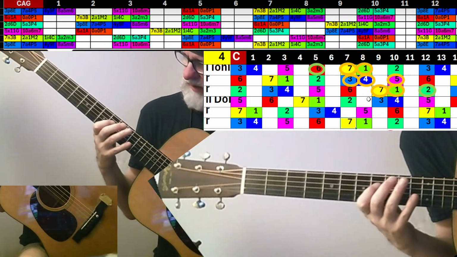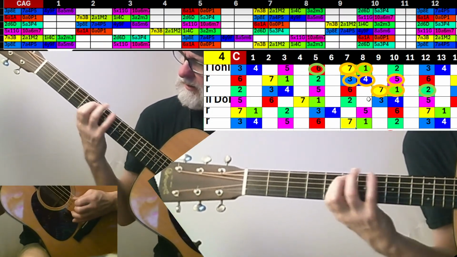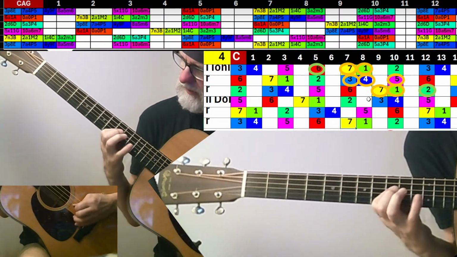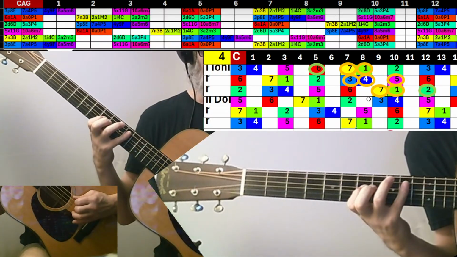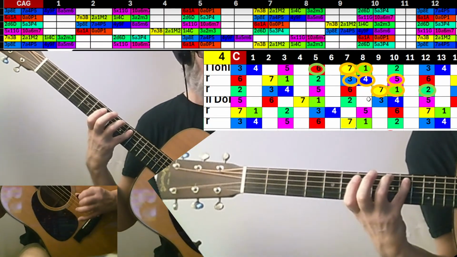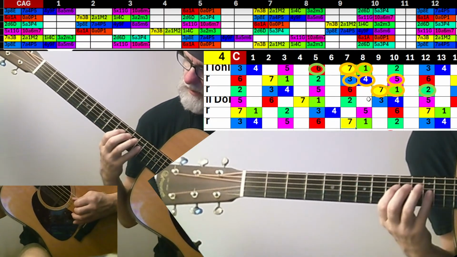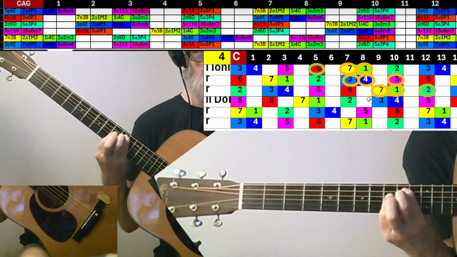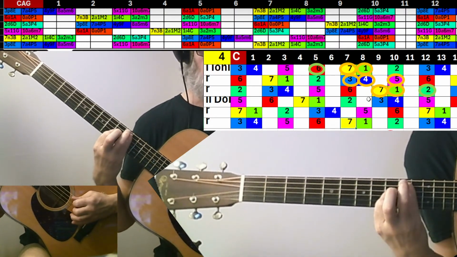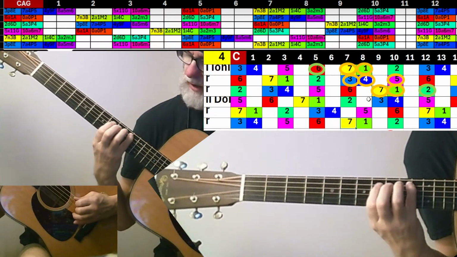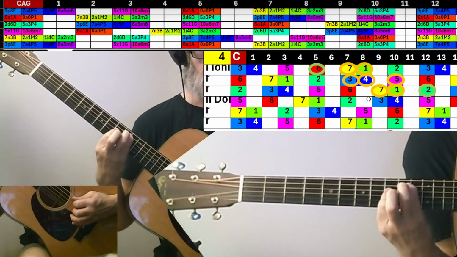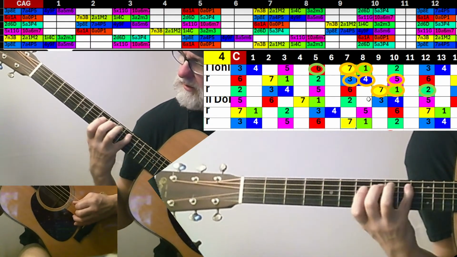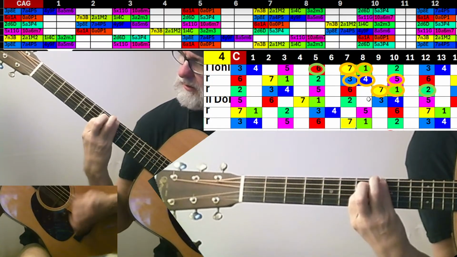So I would either slide my pointer back like here, that's easier for me to visualize, and then hit the pinky, or I just grab pinky straight up, maybe even get a double stop pinky pointer.